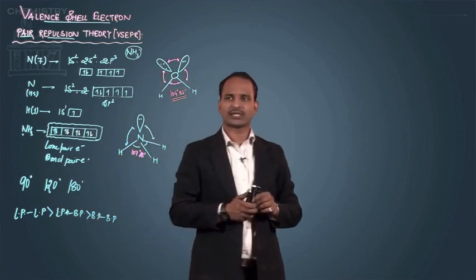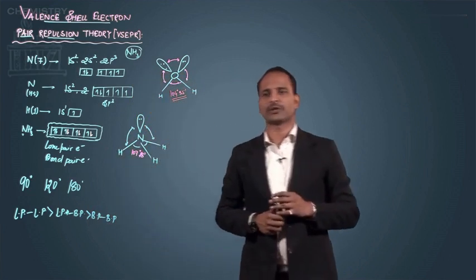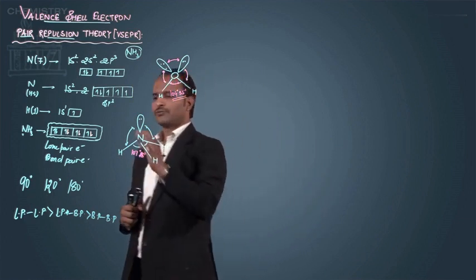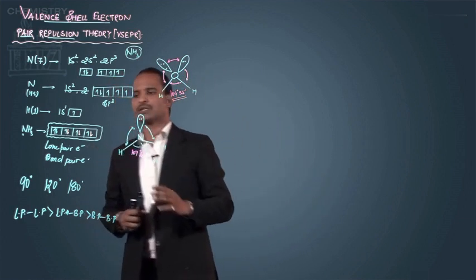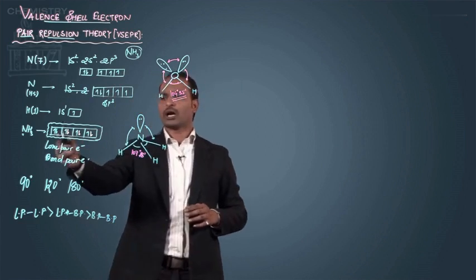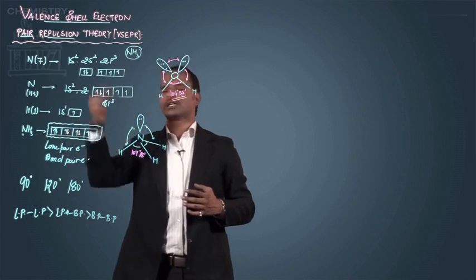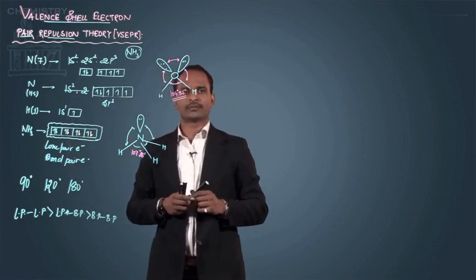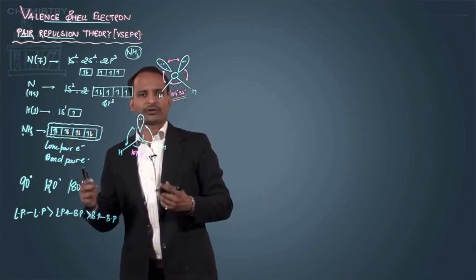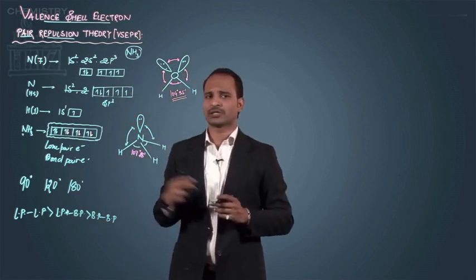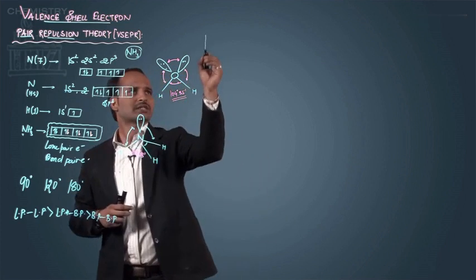The bond angle changes, that is, the geometry of the molecule has also changed, and all this is happening only because of the repulsive forces between the electrons in the valence shell of the central atom. Let's see one or two more examples where the shape of a molecule changes because of the presence of lone pairs. The next is